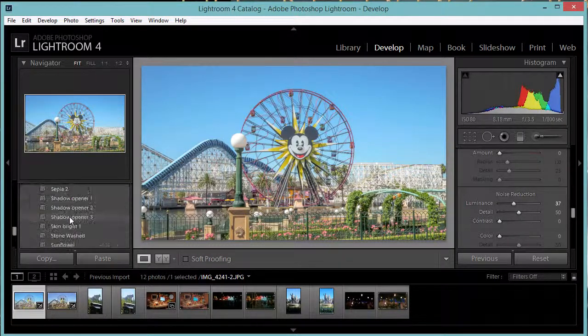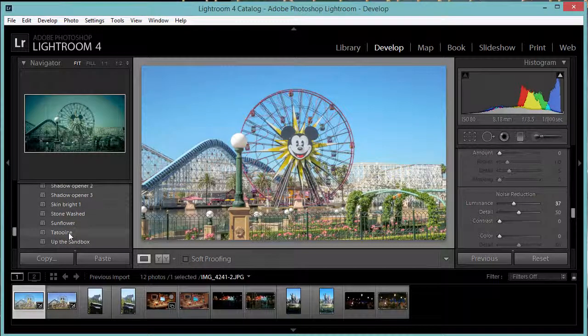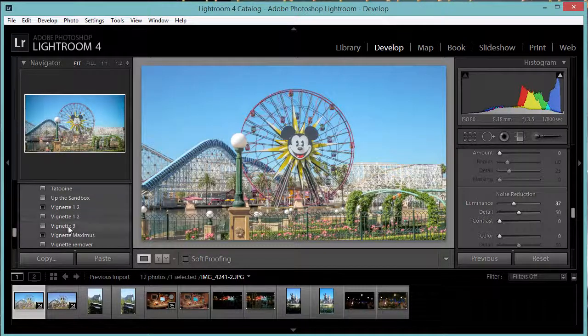And then just for fun, we're going to look, shadow opener is one of my favorites. I don't like shadows, but I think it looks pretty good. And just scroll through, maybe you want a vignette on here. I kind of like the openness, so I'm not going to put that on there. But just for fun, we can kind of see what the